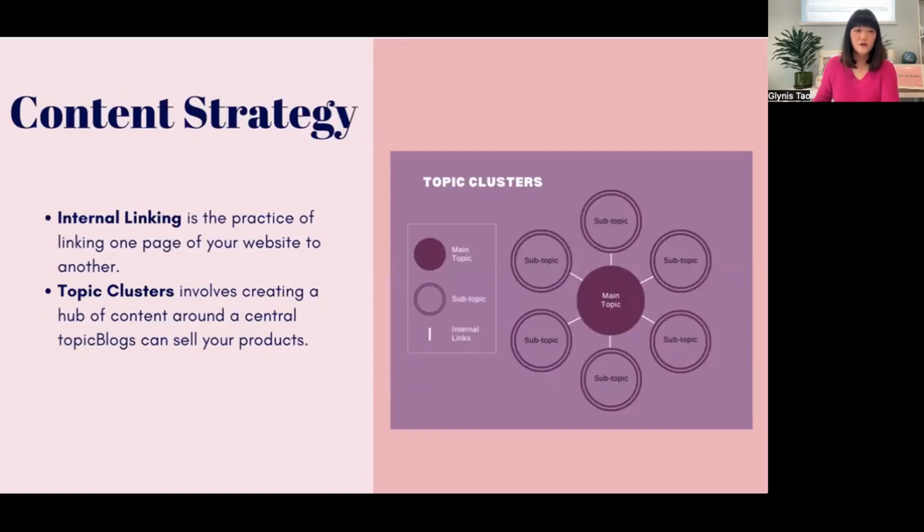And a blog content strategy involves creating a data-informed plan for the topics and keywords and types of content that you'll publish on your blog. So instead of just creating content for the sake of creating content, the strategy is about ensuring that every piece of content that you create aligns with your overall SEO goals and targets the right audience, okay? So the objective of a blog content strategy is to build authority, drive organic traffic, and engage your audience by consistently publishing valuable content that addresses their needs and interests. And this involves identifying relevant topics, conducting keyword research, and creating a calendar that keeps your blog active and aligned